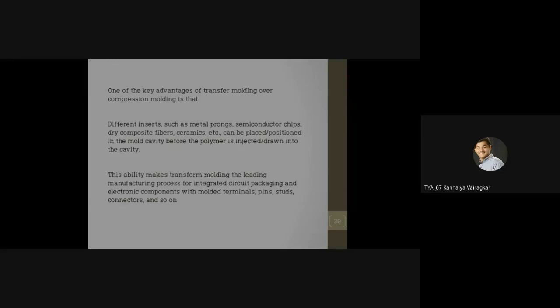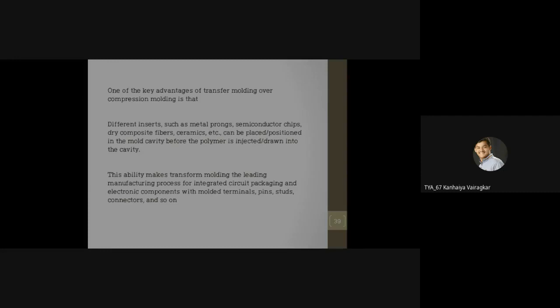Today we can remove that and change to another one, but in older days it was not possible. Once the pin is scrapped, everything is scrapped. So that type of insert is actually required. Before molding itself you have to put that metallic material or any other material inside that particular component. That is called an insert.